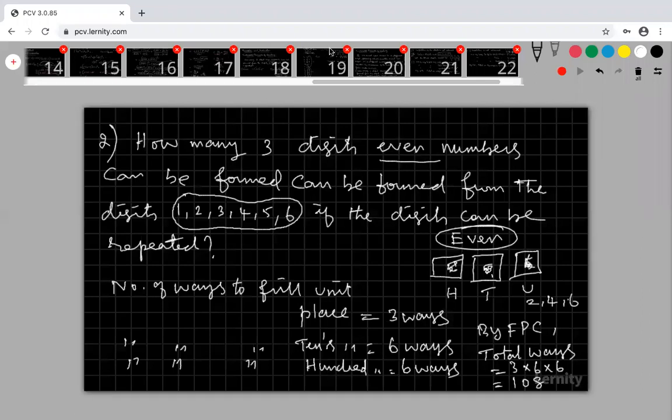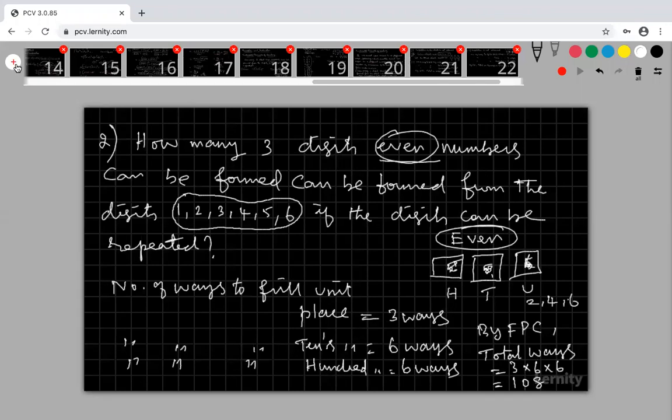Okay. Rangapriya, this is not 216. Why? Only 3. Yeah, very good. Yogeshwaran, you are correct. Supraja, why are you getting 98? My unit place can be filled by only 3 numbers, because it is an even number. Look at that, the question is an even number. Even number means my unit place should be even: 2, 4 or 6. That is the given one.